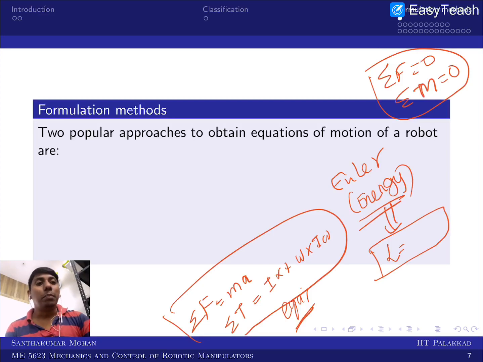Since it is a multi-body system, you would be using several iterative stages. In the sense, you will go for the velocity and acceleration propagation from the base to the end, and then you will come back from the end effector force to the base force. So this is forward propagation and backward propagation, where you start from i equal to 0 to i equal to n. That is what you call iterative. That's why people call this a recursive or iterative method.